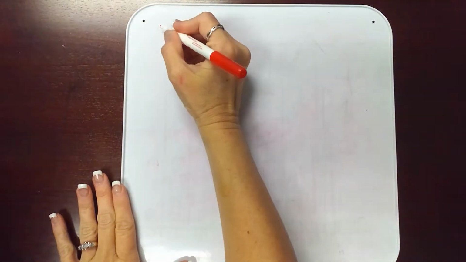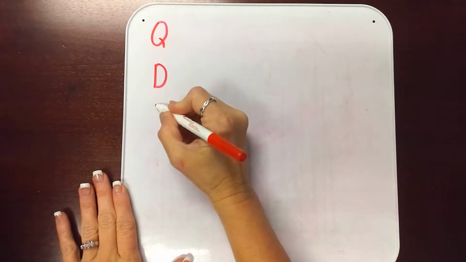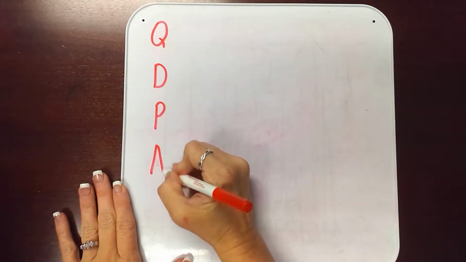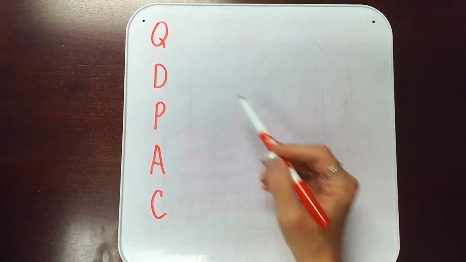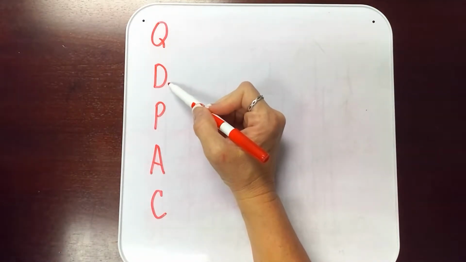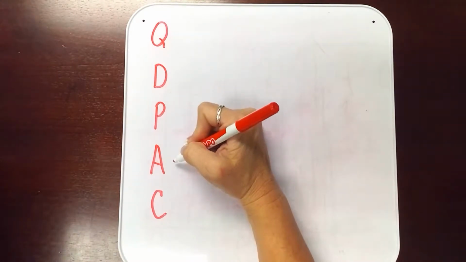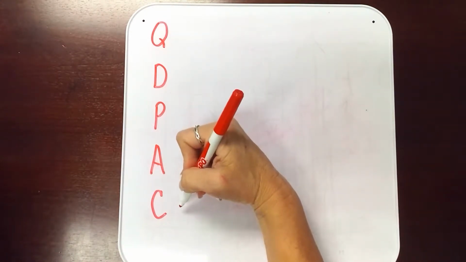This video is going to be about PISD's problem-solving thinking process and the district's problem-solving graphic organizer. What Pearland ISD uses as both their problem-solving thinking process and organizer is Qdpac. The Q stands for question. The D stands for data, the P stands for plan, the A stands for answer, and the C stands for